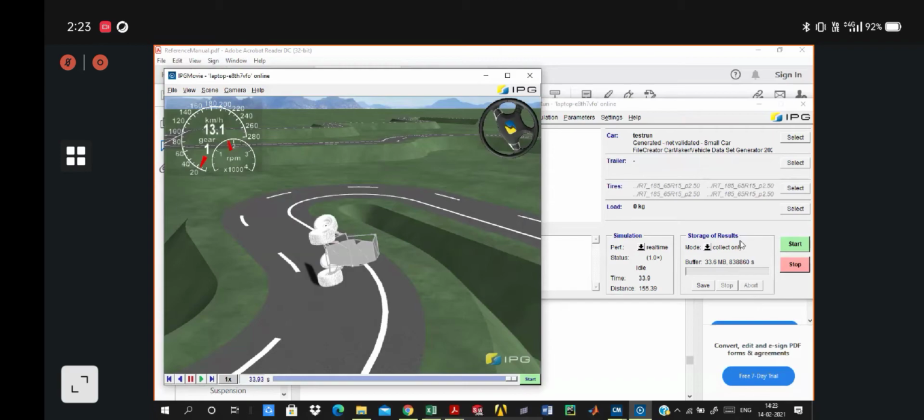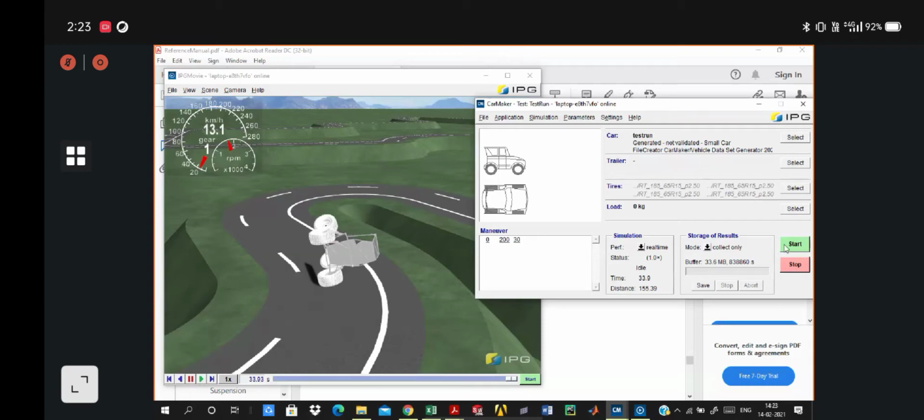These types of errors or simulation stops you will be getting initially if you don't optimize your manual steps or your vehicle as per your vehicle parameters. So I'll again start the simulation.